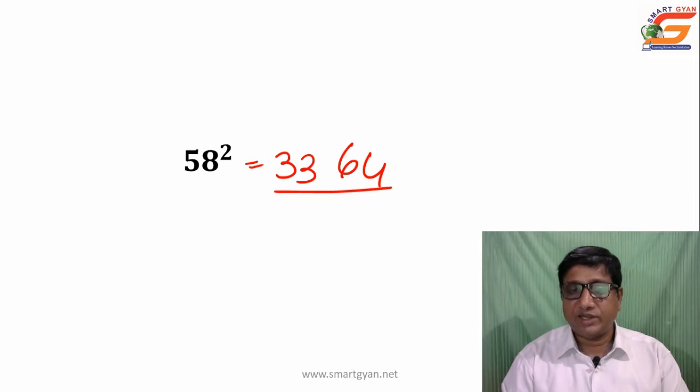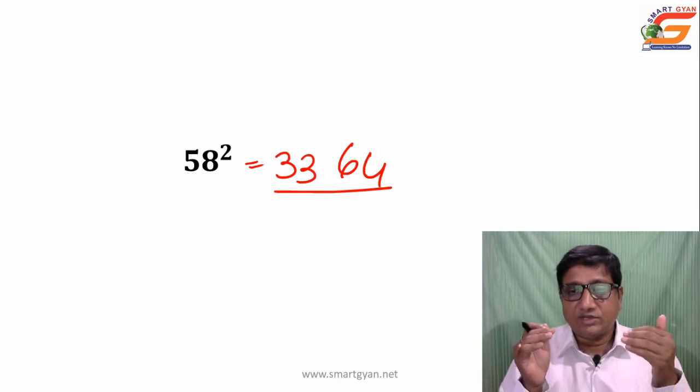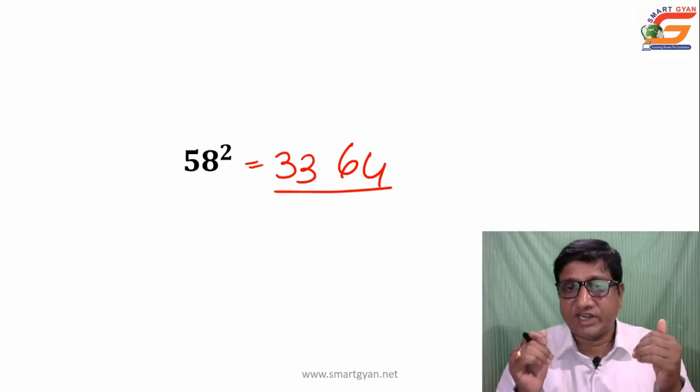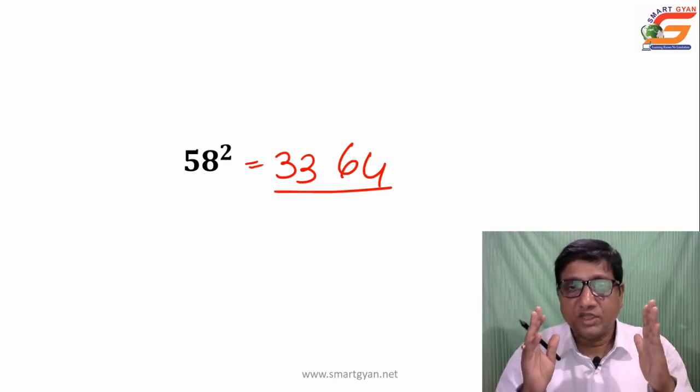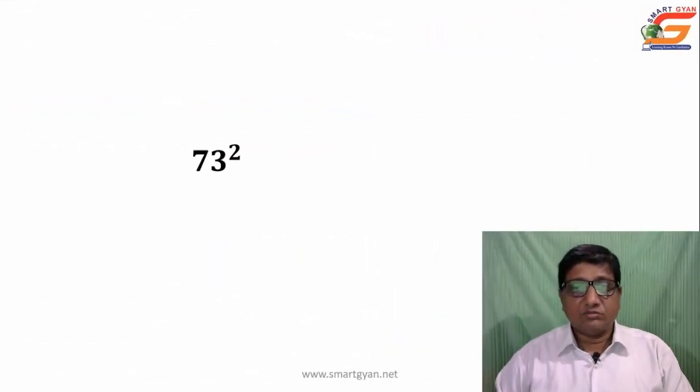That is, left part is the given number minus 25, 33. And right part is the given number minus 50, squared, that is 58 minus 50 is 8, square 64. So your final answer is 3364. Let us take one more number which is greater than 50, less than 75, because here in this step